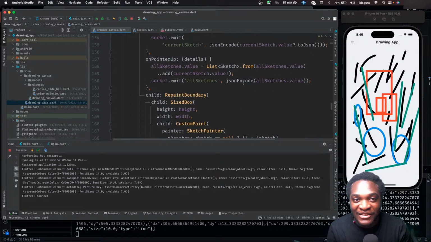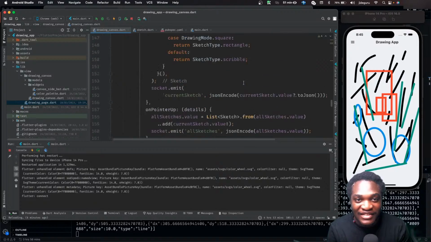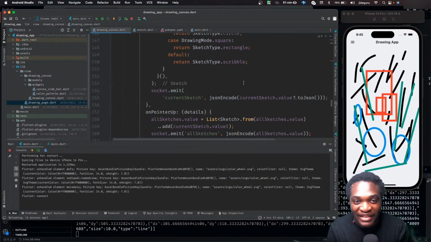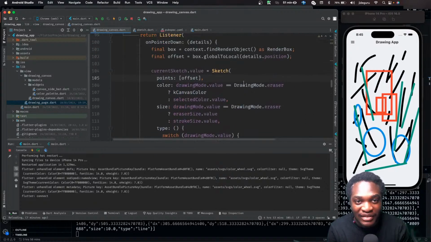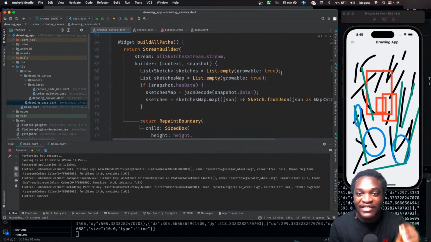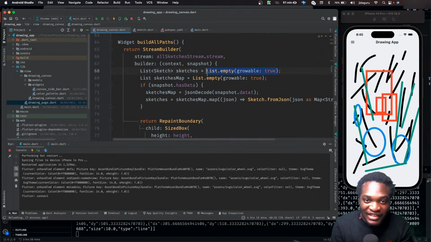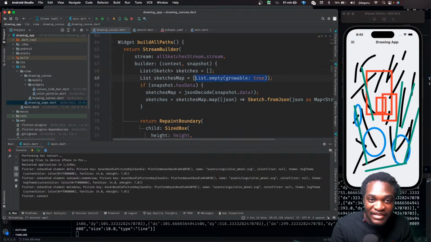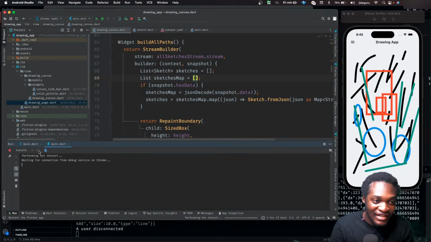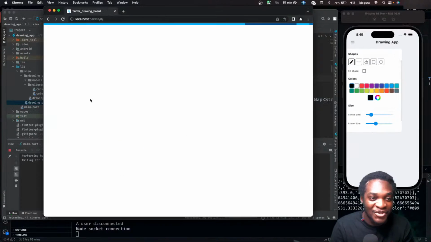It's somewhere here, I think. No, it's up. Okay, yes. So why did I use this list.empty rather than using regular lists? Well, I think I should just show rather than